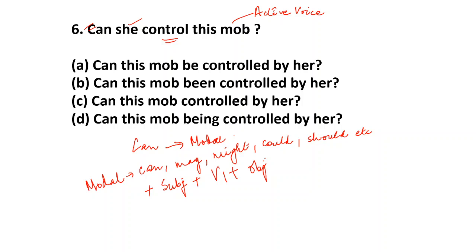So it comes like this: can, may, might, could, should, all. So here you see the modal, then subject plus V1 plus object. This is the active voice. Now in the passive voice,